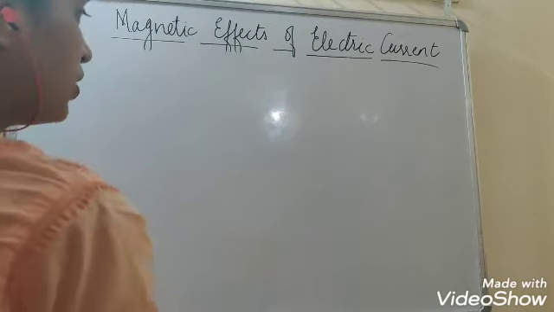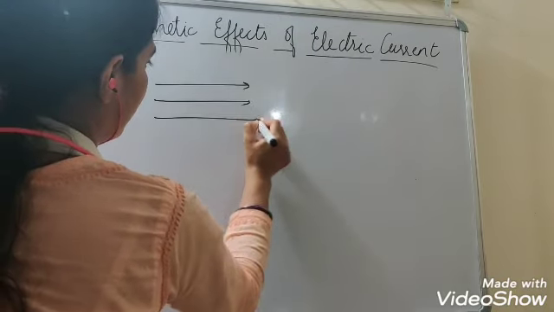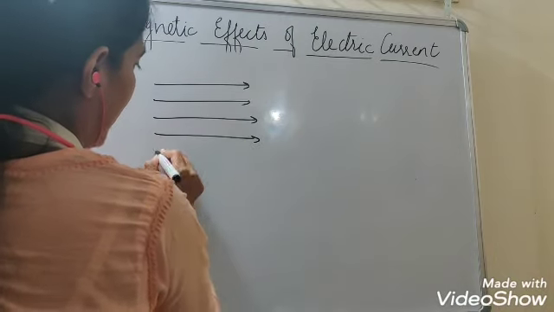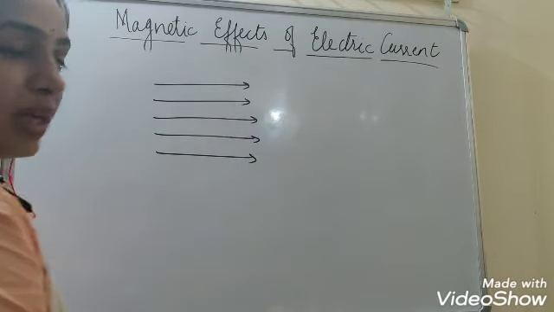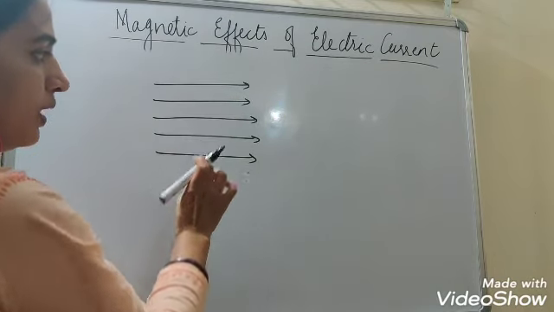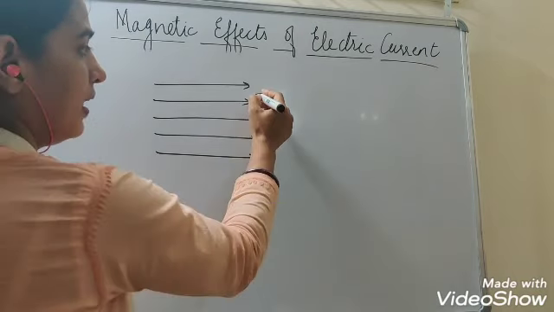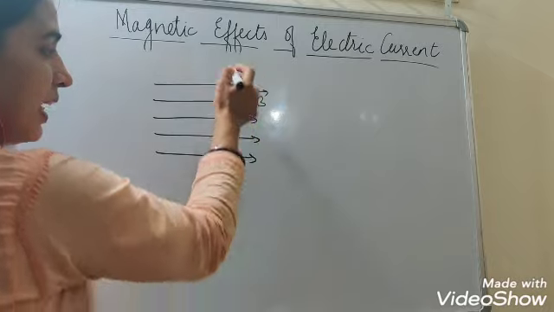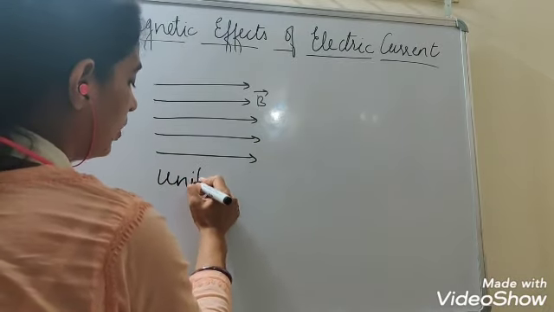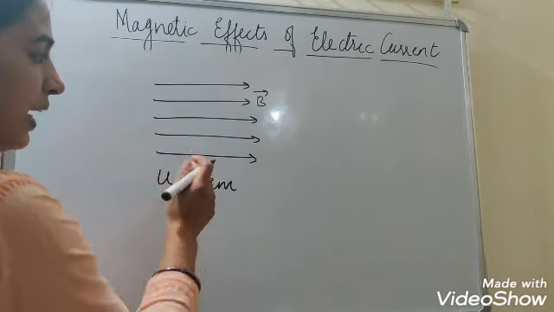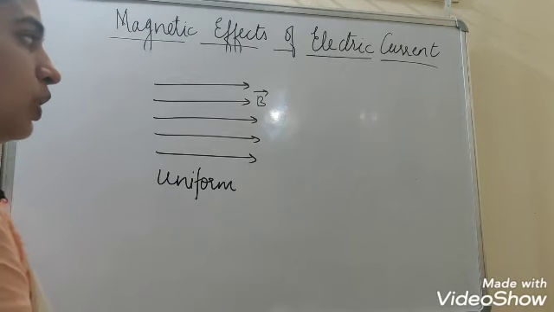Okay. Different kinds of magnetic field lines can be this. Magnetic field lines, if you have them parallel and equally spaced, equally spaced means the space between these field lines is equal, and parallel magnetic field lines at any point, then we say that in this area the magnetic field is uniform. Uniform means that at every point the magnetic field strength is the same.